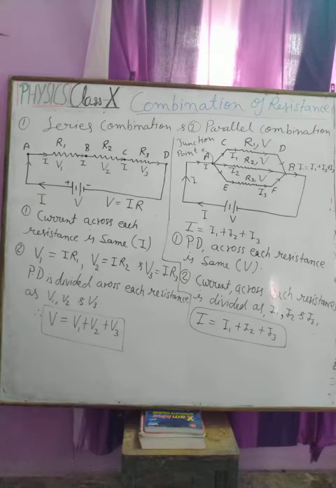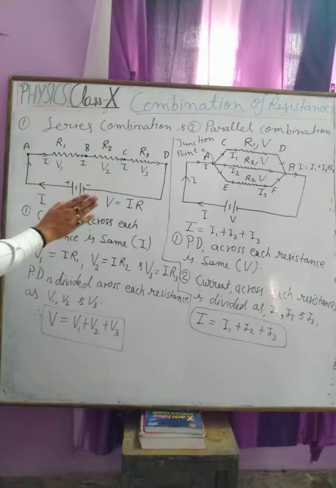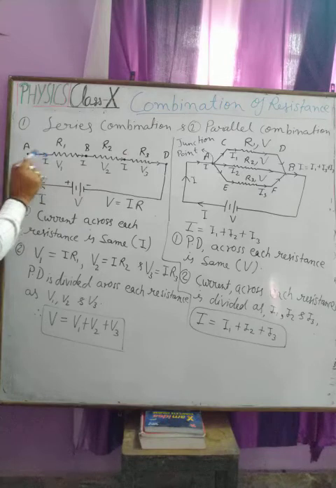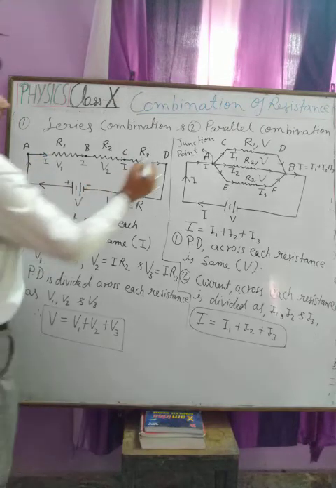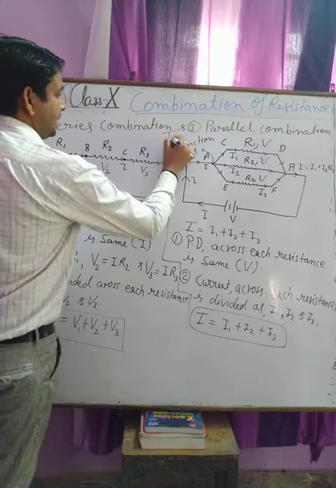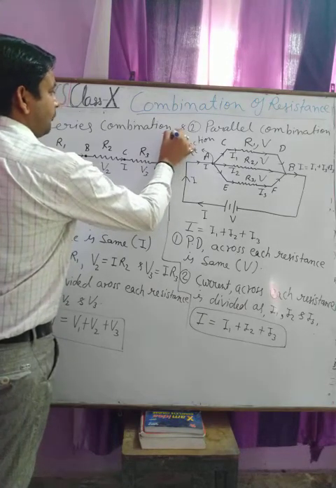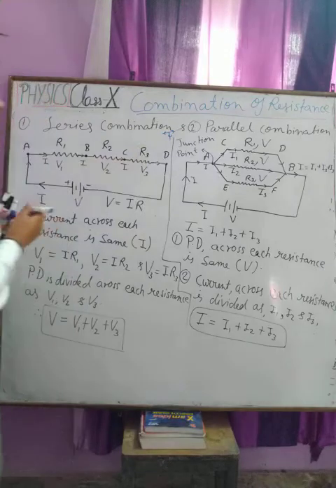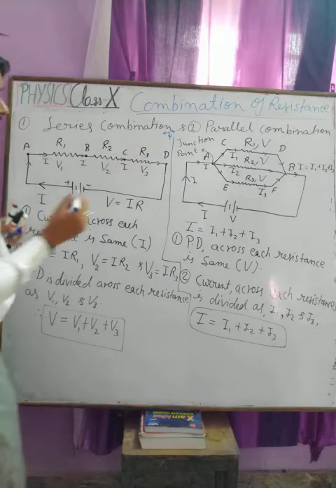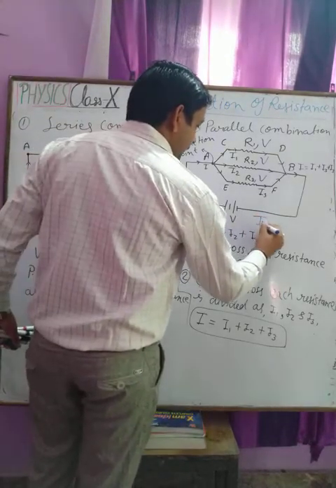ओके, तो सीरीज कॉम्बिनेशन में करंट डिवाइड नहीं होती, सेम फ्लो करती है, और टर्निंग कहीं पे भी होगा तो हम उसे जंक्शन नहीं बोलते हैं. जंक्शन is always a T point. दिस करंट इस तरह से फॉलो कर सकती है अपने रूल को. जंक्शन का मतलब यहां पे आप याद रखेंगे,